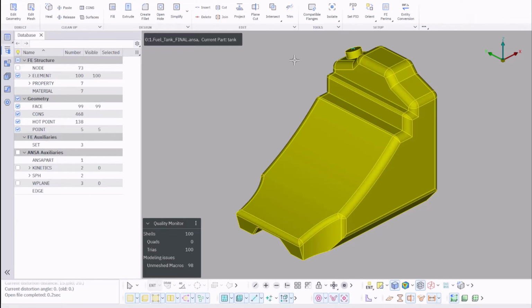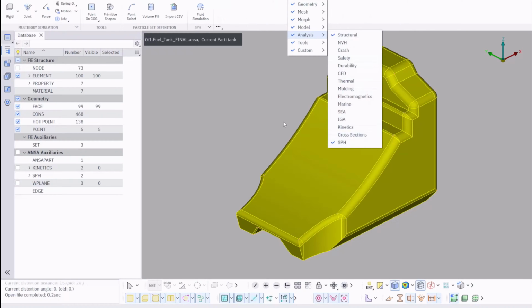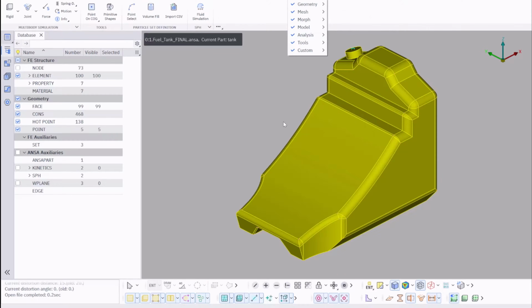First of all, we can see that in version 25.0.0 the SPH is a separate ribbon under the analysis category. All required functions for the model setup are gathered here. In the first group, all supported entities for the rigid body simulation are gathered, then some auxiliary tools are available for points and primitive shapes creation.